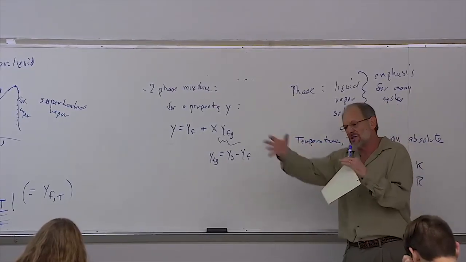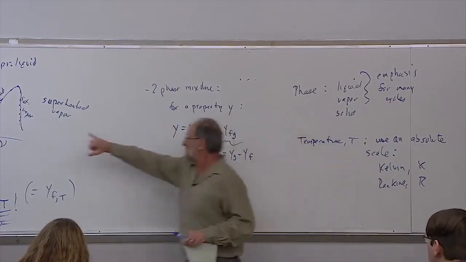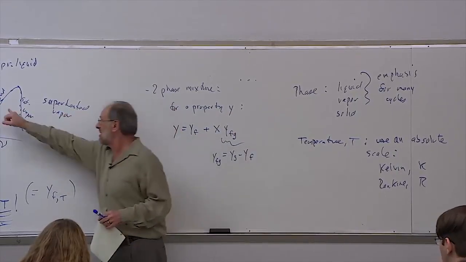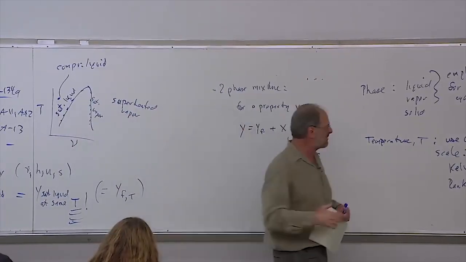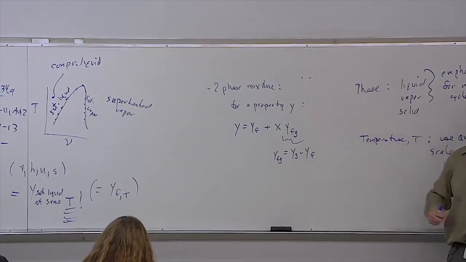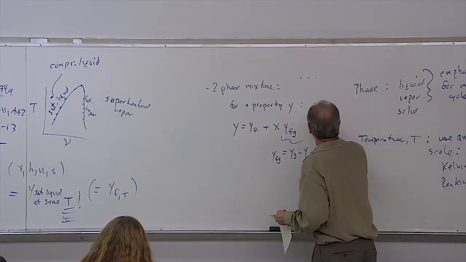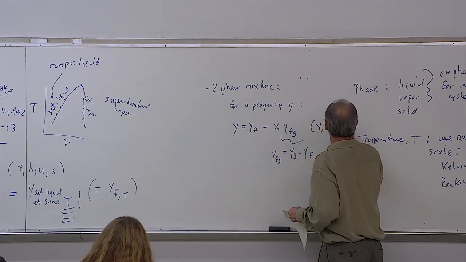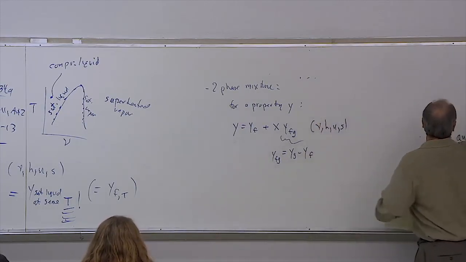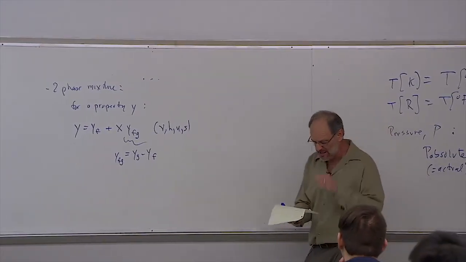In other words, what is the difference in internal energy or enthalpy or specific volume as we move from the saturated liquid over to the saturated vapor? And that's a vaporization process, right? We start with a liquid, we end with a vapor. So that's why I sometimes call this FG term of vaporization or of evaporation. All right, so again, this would apply to specific volume, enthalpy, internal energy, and entropy. And I just didn't want to have to write the whole thing 4 separate times. Okay, so there's our two-phase mixtures.